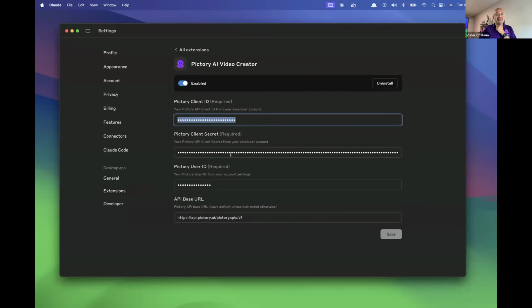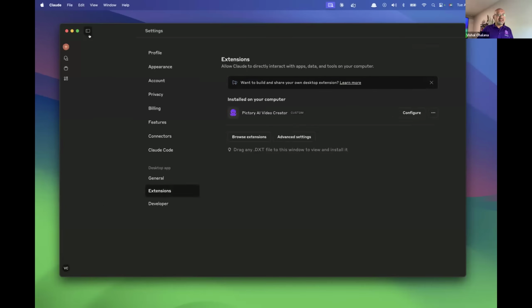If you don't have these already, we'll share a link where you can get your own client ID and client secret, which is needed for calling the Pictory API. And it also links to your user ID within the Pictory web app. So once you do this configuration, and you're back in the